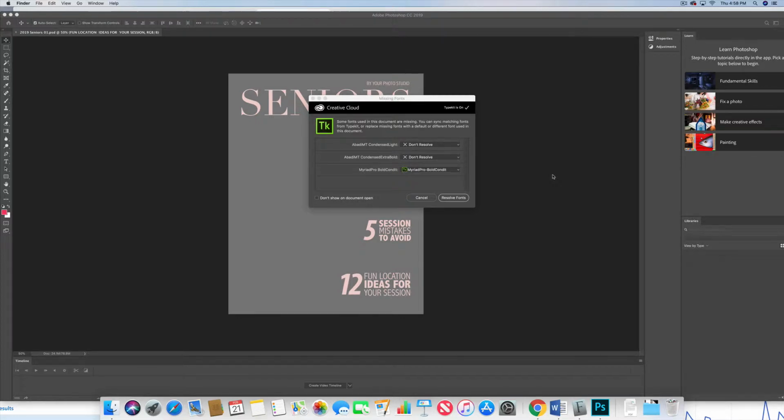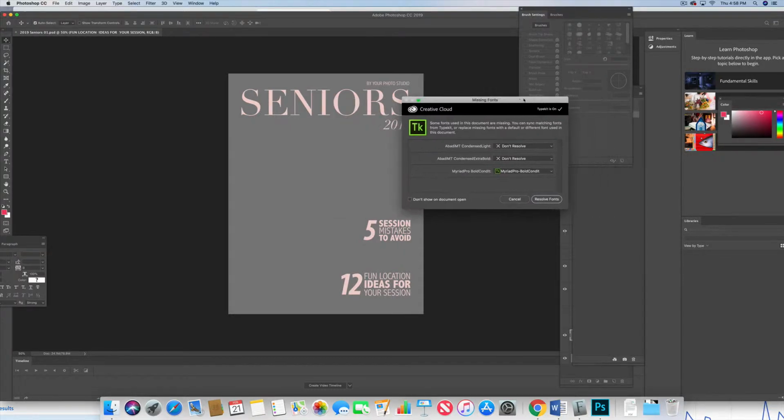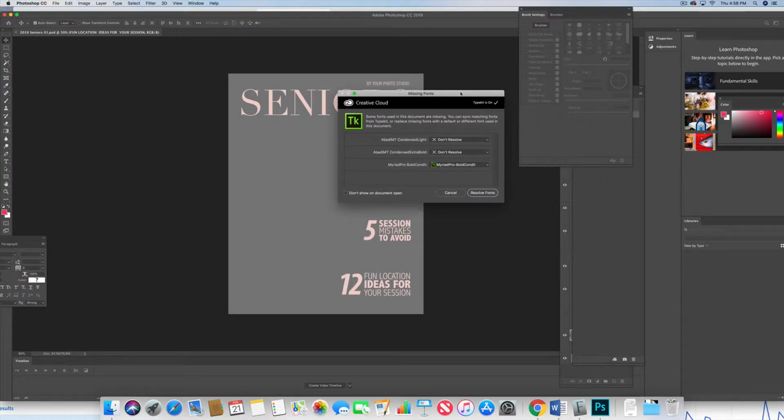Okay, in this video, I'm going to talk about how to find the fonts for the magazine templates. So when you pull in a page from the template into Photoshop, this might come up. If you don't have the fonts installed in your computer, it'll come up and it'll say, see if you can see this, don't resolve or resolve